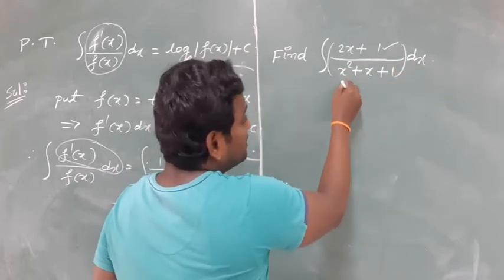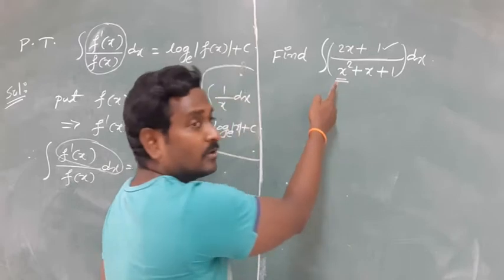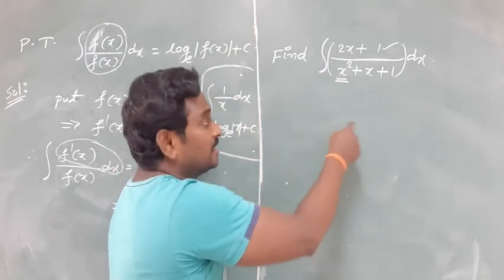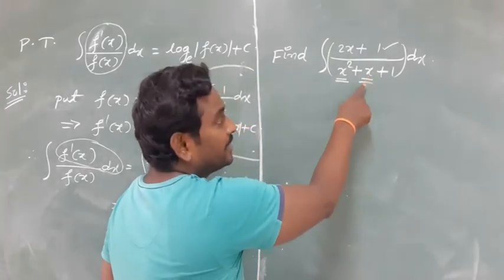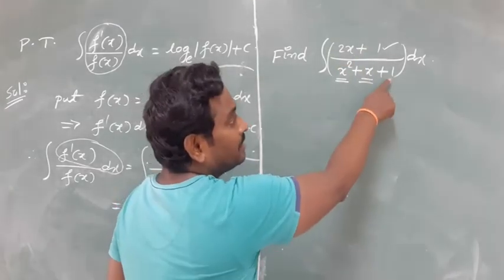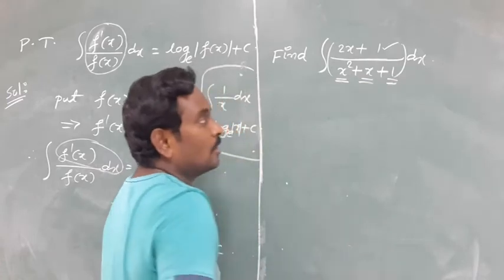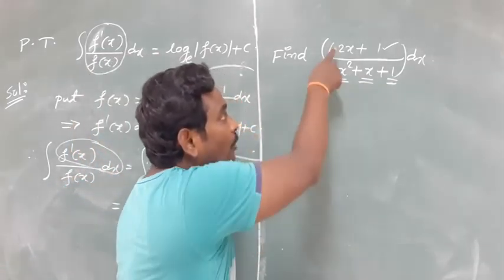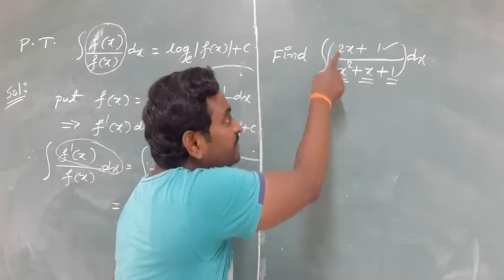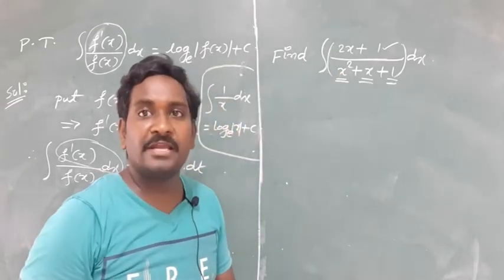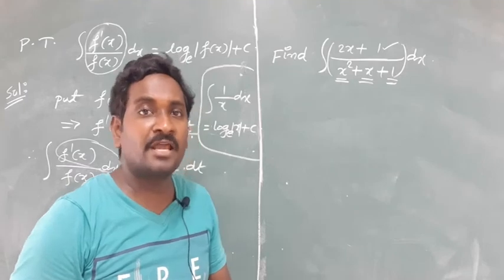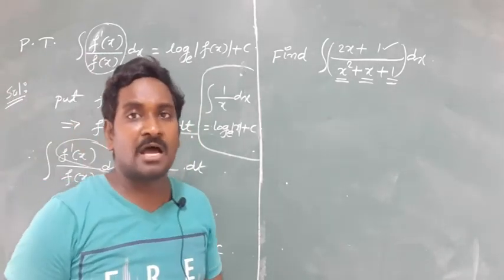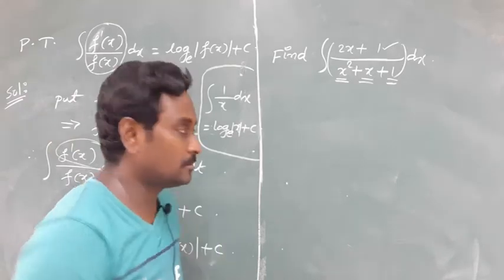Okay. We are observing the derivative of x square. What is the derivative of x square? Everybody knows that the derivative of x square is 2x. And the derivative of the second term, x, is 1. And the last term is a constant term whose derivative is 0. That's why clearly we are observing that the numerator is the derivative of the denominator. Whenever the numerator is the derivative of the denominator, immediately you can apply this formula. Within a single step you can get the answer. This is a 2 marks question. Okay.